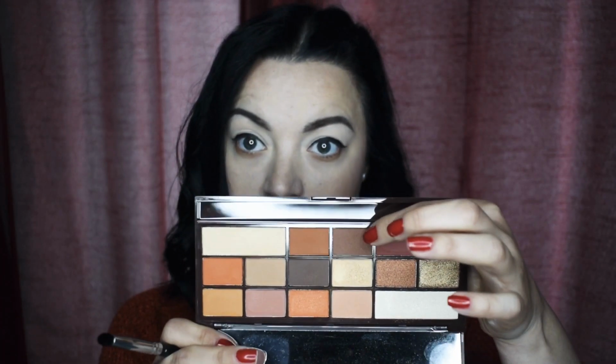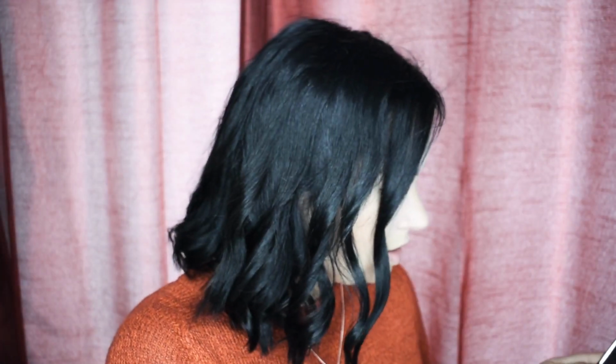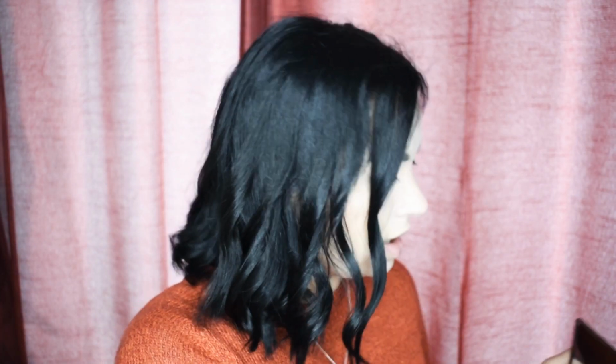And next, with a pencil brush, I am going to go with this dark brown shade in here, which is called Dessert, and